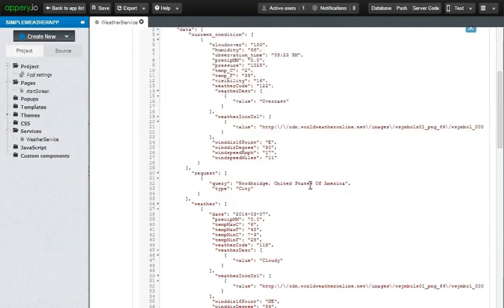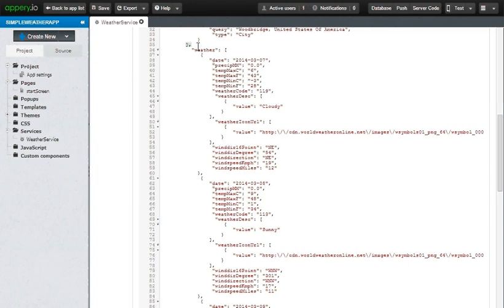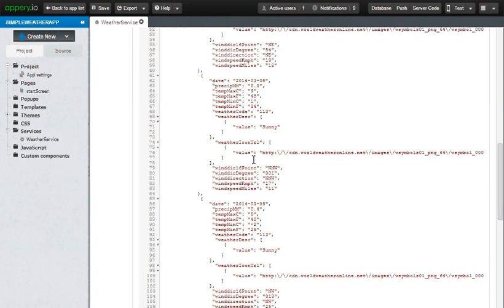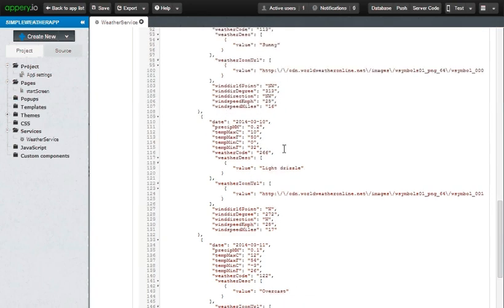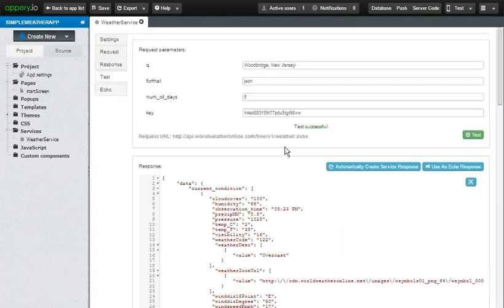It sent back a response. As you can see, the weather object or the sub object in the response actually contains a date and various information about that particular day. So this is exactly what we're looking for, the weather information for 5 consecutive days. So we are all set then. We have the service all configured. We have tested it. It's returning back the correct response as we would expect. Now is the time to start building our user interface and finally connect the user interface to this service that we just developed.